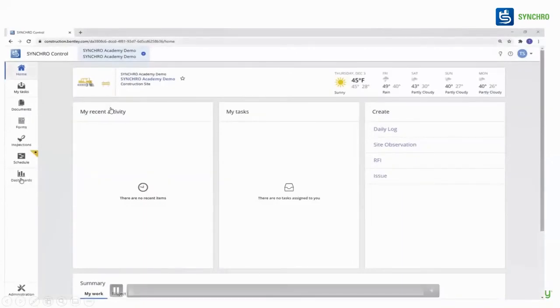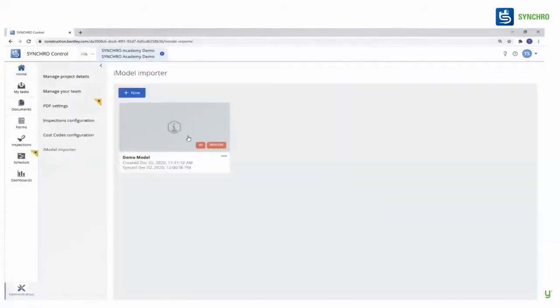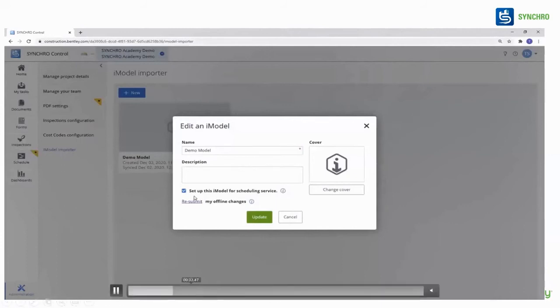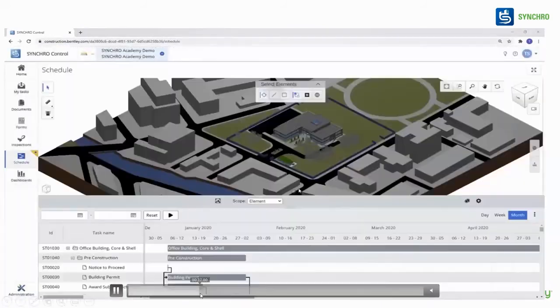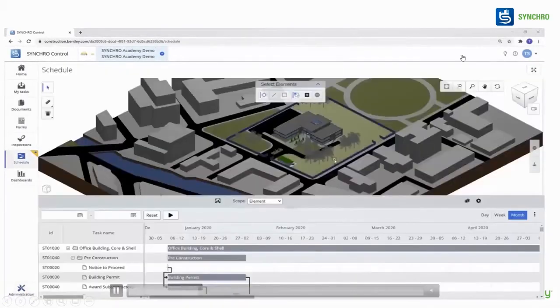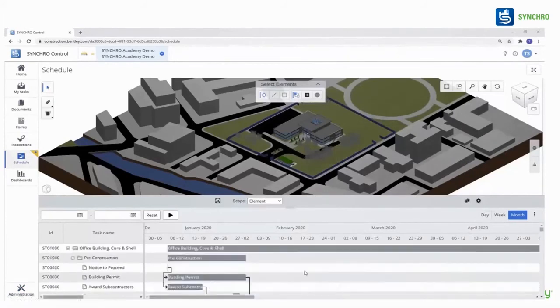So this is what we are doing in Synchro Control. You can see you have a schedule over here. You go to the schedule and import the model from the previous Synchro project. You could import an SP file, or you could import an iModel. You could create an iModel over here. After importing that, you want to see the scheduling. So let me go back. You want to see the scheduling here. You can see it is web. I'm just seeing the scheduling on a web-based platform, where I'm sharing the scheduling over here.